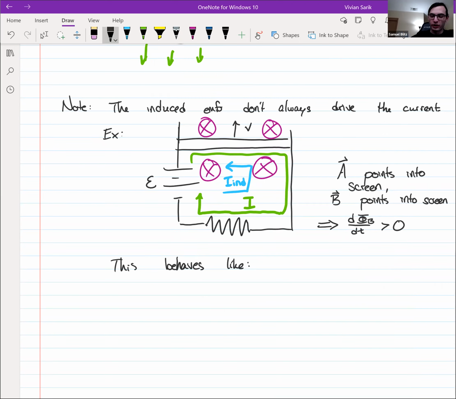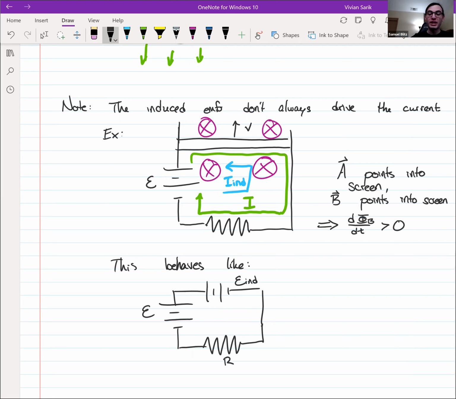It would behave like a circuit that looks like this. So you have two batteries, and this battery is just the symbol for the induced EMF. This is the actual battery, and here's the resistor. So depending on how big the induced EMF is, which depends on the speed and the size of the magnetic field and so on,